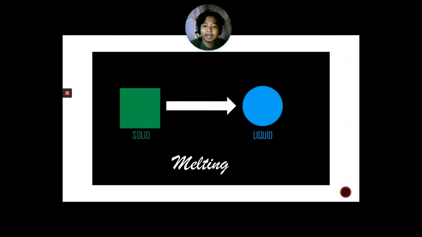So very simple lang. Once a solid transforms into liquid, we call it melting. Common example, ice being turned to water. Similarly, meron ding iba, like the metal mercury being a liquid at room temperature. Meron ding mga example ng mga natutunaw. Gold, for a very few seconds, if you melt it, it becomes liquid by adding heat. On the other hand, freezing, from liquid to solid,